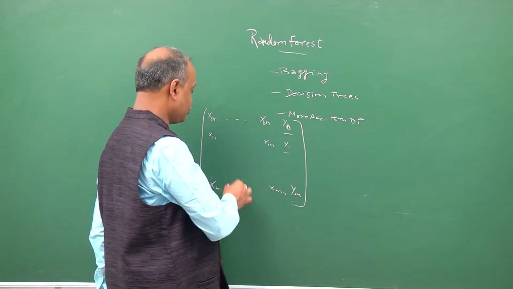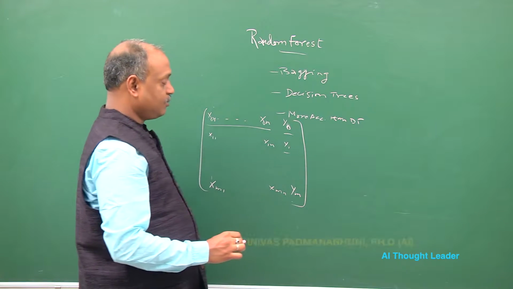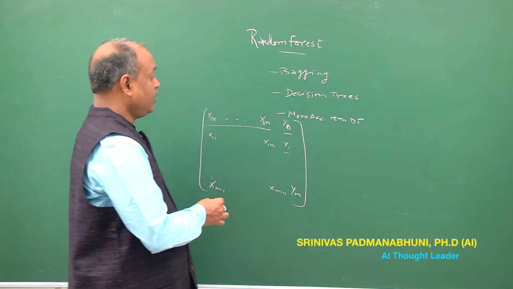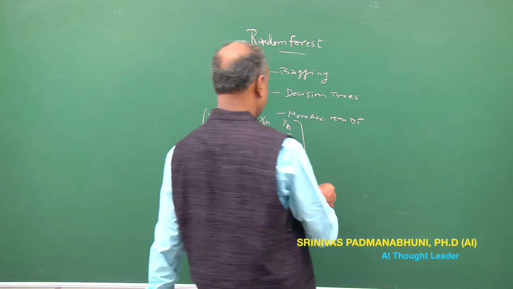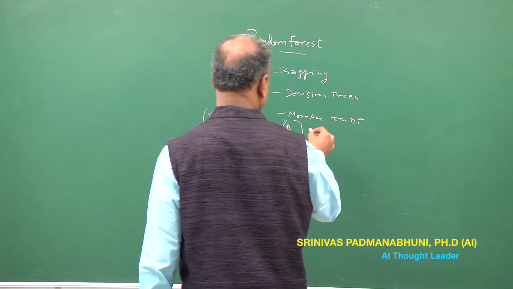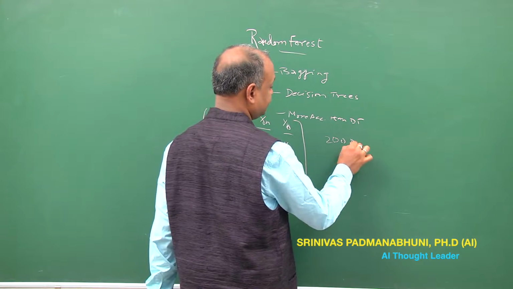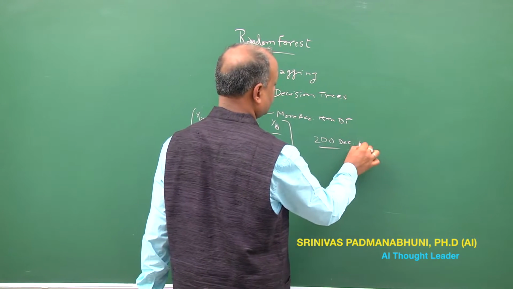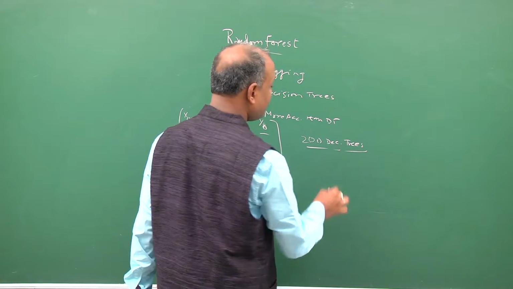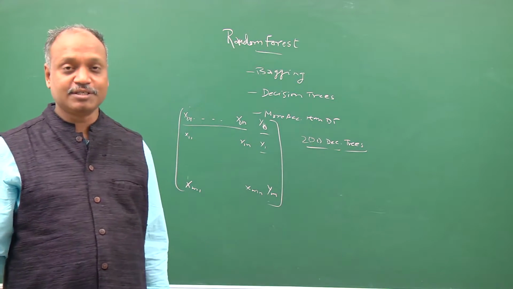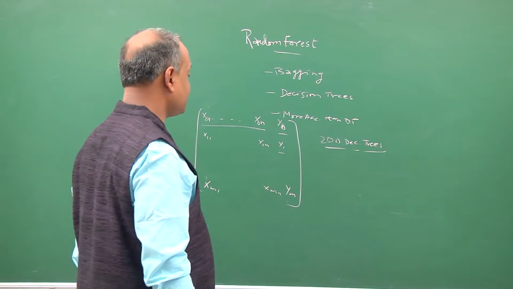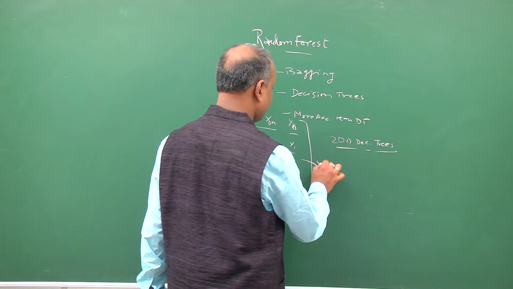There are m rows, n variables as input and one output. Suppose you talk about creating an ensemble of 200 decision trees. So the random forest consisting of 200 decision trees is constructed by means of randomly sampling